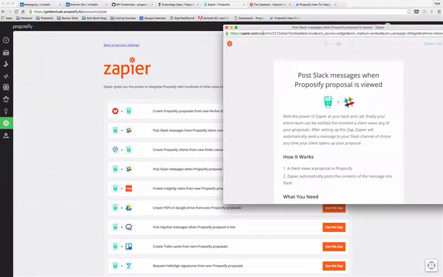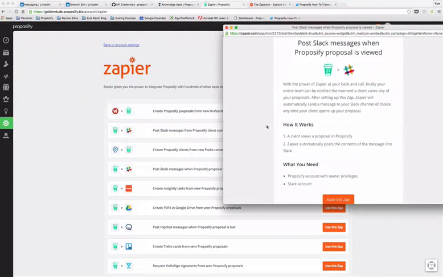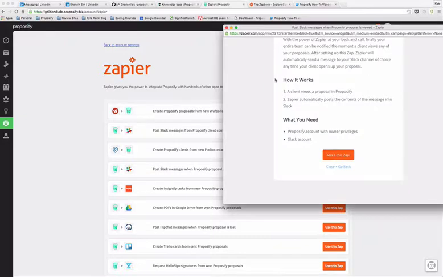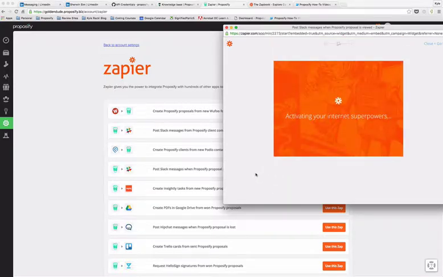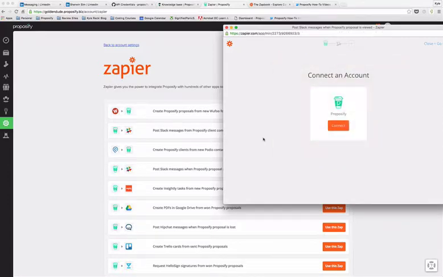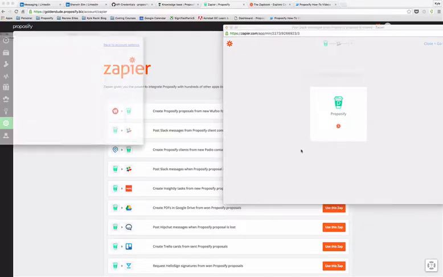What happens is it pops open a message that explains how the Zap works. It says a client views a proposal in Proposify, and then Zapier automatically posts the contents of the message into Slack. So obviously you'll need your own Slack account, and your Proposify account with the owner privileges. Now let's click Make this Zap. Zapier is connecting the two products now, so we're going to click Connect,